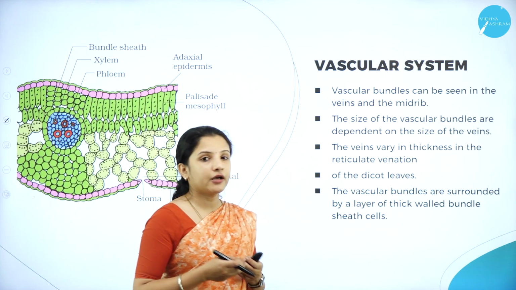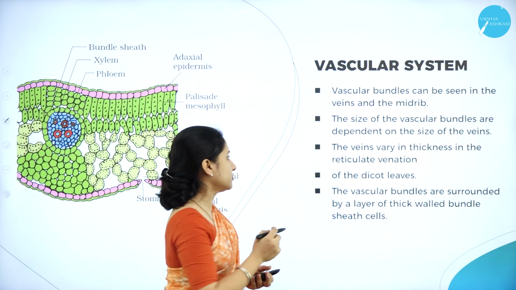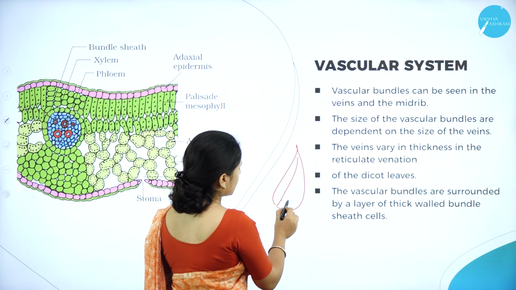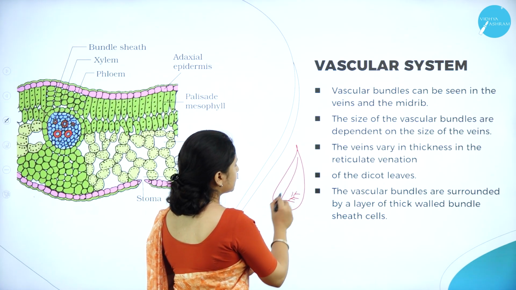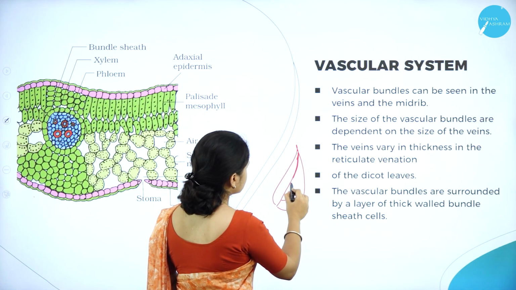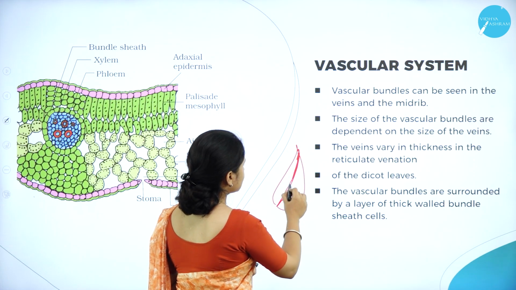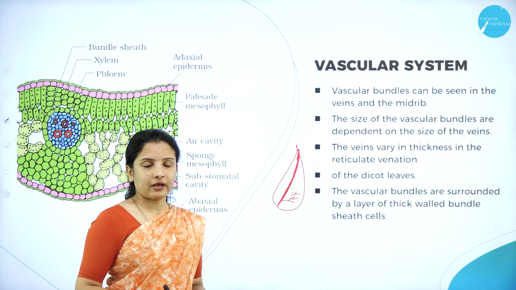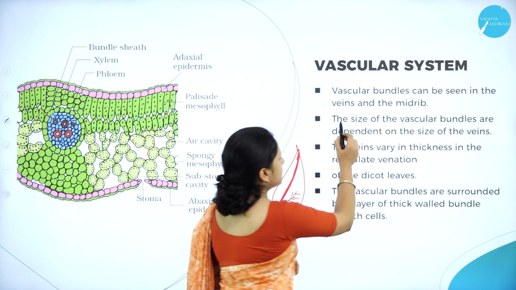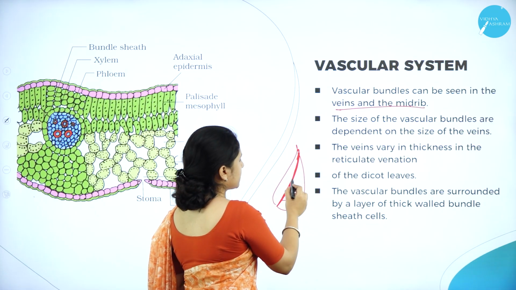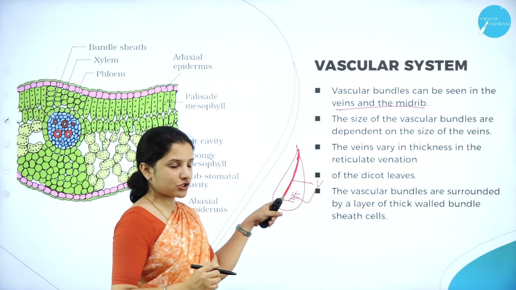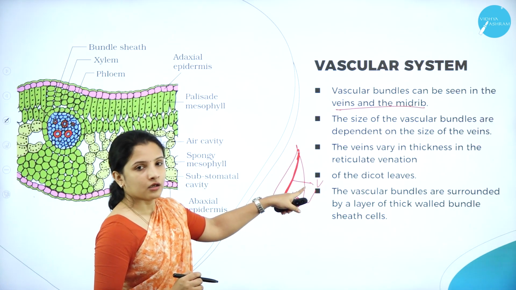So vascular bundles are usually seen located in the midrib. We know that leaves have a midrib, and from the midrib the other veins arise. So where are these vascular bundles situated? They can be mainly seen situated in the midrib portion. That is why the transport of the food materials starts through the midrib. So vascular bundles can be seen in the veins and also in the midrib. These are the regions where the vascular bundles are usually situated: the midrib region and the vein region.